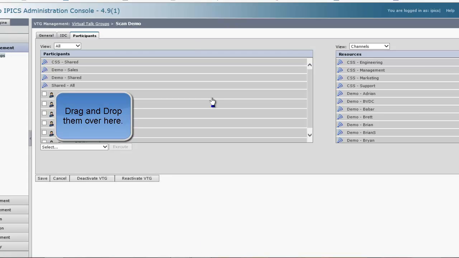So what we actually suggest you do for scans is to add the users from your mobile client. And we're going to have another video showing how to do this from the mobile client. The other place you can do this from is from the Incident Dispatch Console, and we'll show you that a little bit later. I'm going to reactivate that because I changed it, and now these folks will have that scan